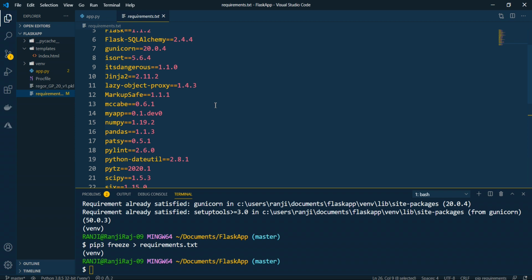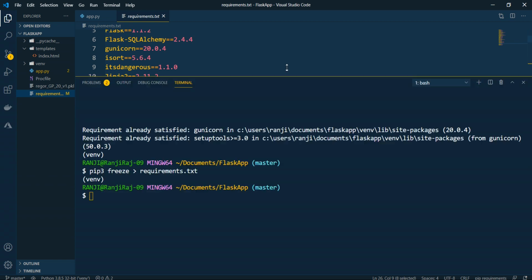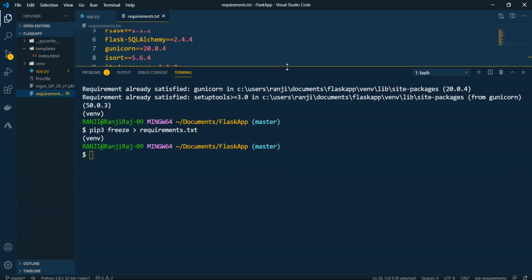So if you tell Heroku, I want to install all these packages, or Heroku, please install all these packages to deploy my application, it will take this and try to get these packages before hosting your application. That is just to make sure it works on the same environment and the same dependencies, the same kind of libraries, as it is running on your machine. So once it is hosted on Heroku, there should not be any problem accessing it. For that, we have this requirements.txt. So this is one important file.